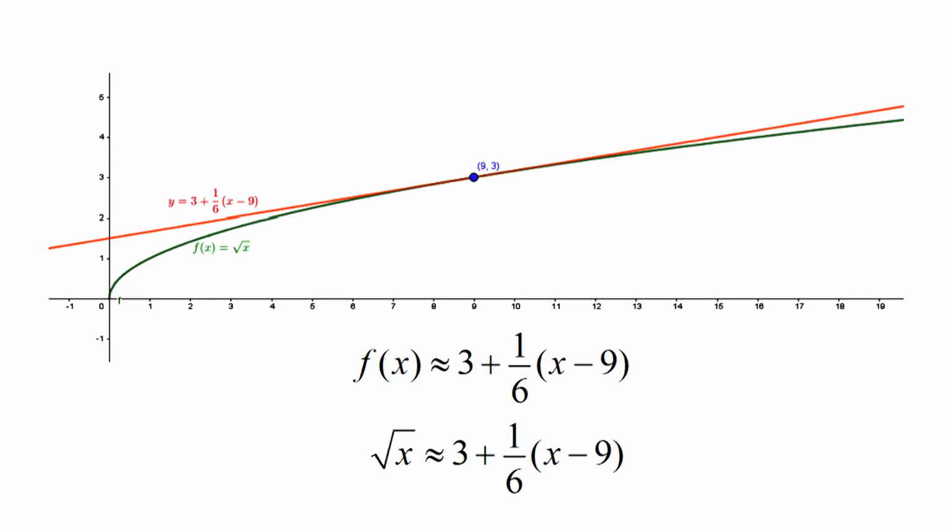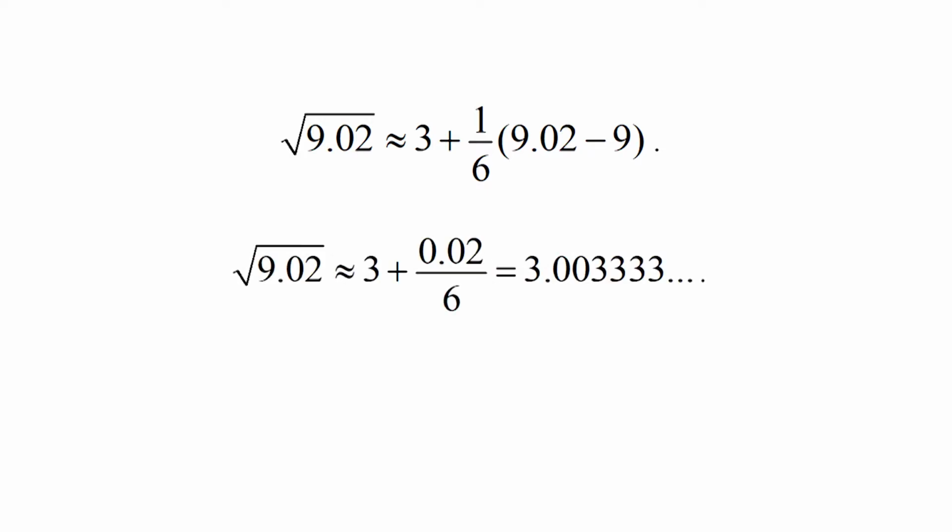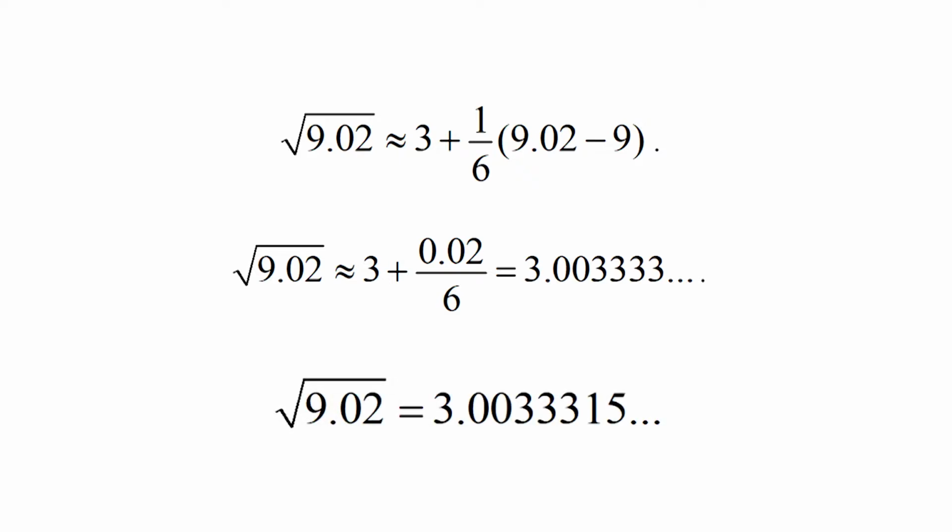Now, to find the approximate value of square root of 9.02, we put x equal to 9.02 in the above expression and get square root of 9.02 approximately equal to 3 plus 1 by 6 times 9.02 minus 9. That is, square root of 9.02 is approximately equal to 3 plus 0.02 by 6, which is equal to 3.003333, etc. If we calculate square root of 9.02 directly using a calculator, we obtain square root of 9.02 equal to